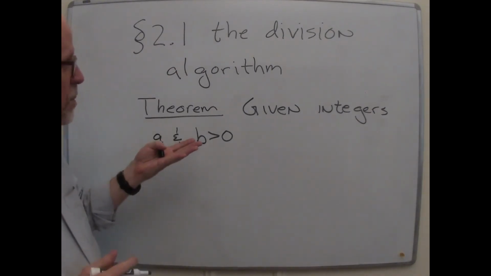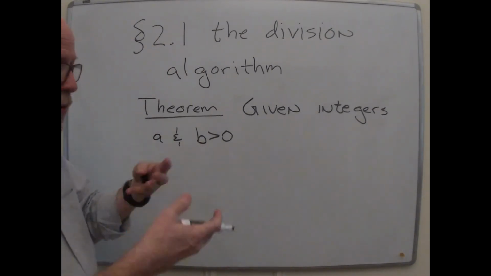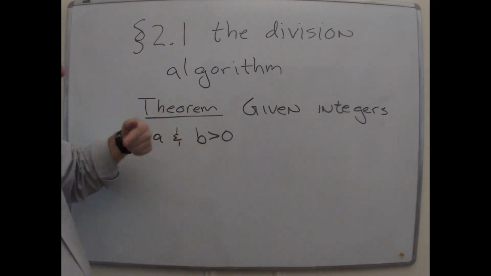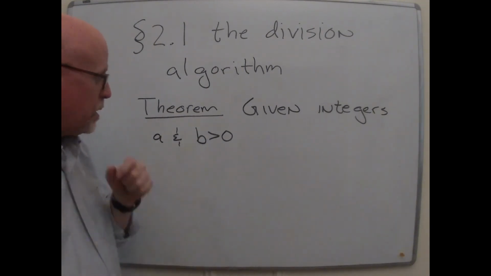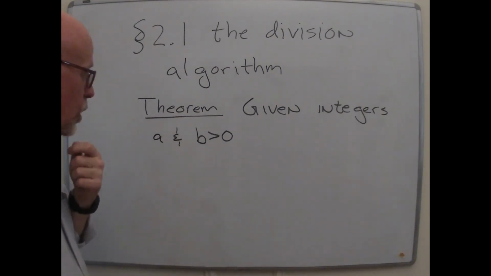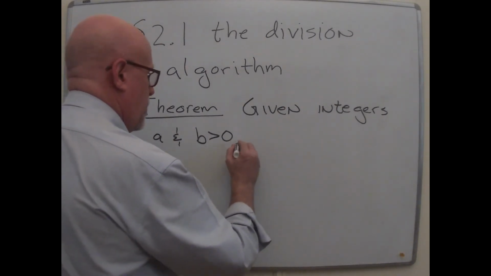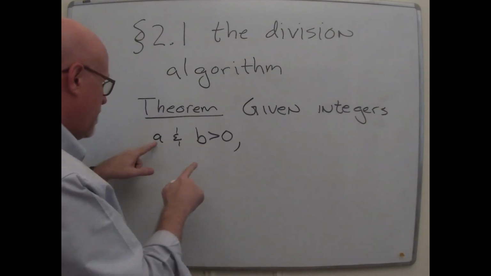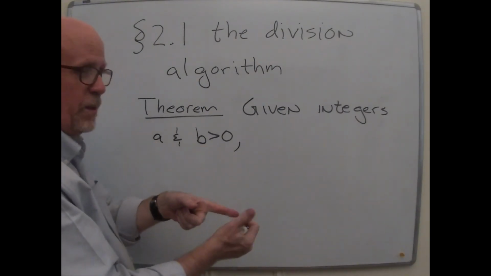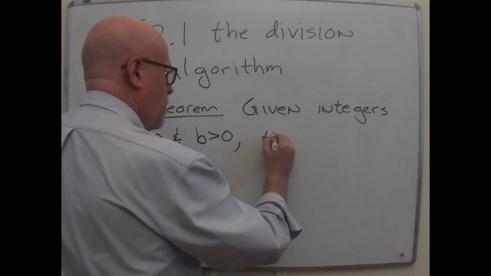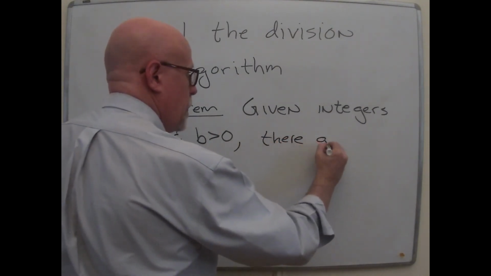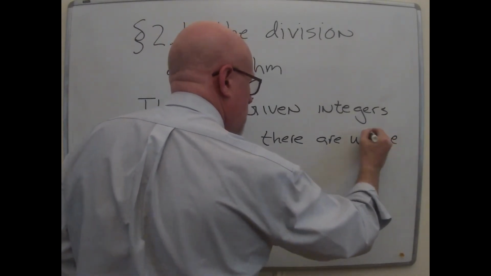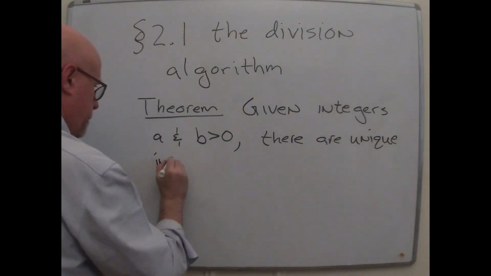The division algorithm really is specifying what happens when you do division. In other words, the thing they call the division algorithm, this theorem, is the result that you know about because of the way division works. So what is the way that works? Well, given the divisor and the number it's divided into, there's a quotient and there's a remainder. And those are uniquely determined. So there are unique integers, q and r,